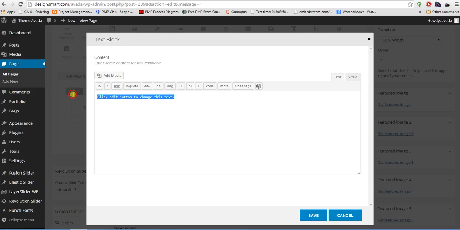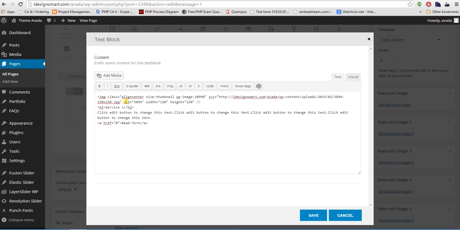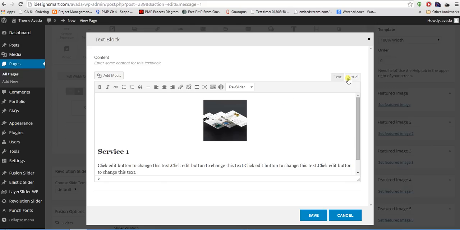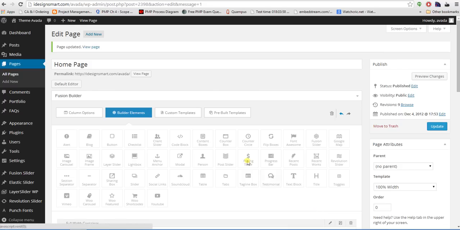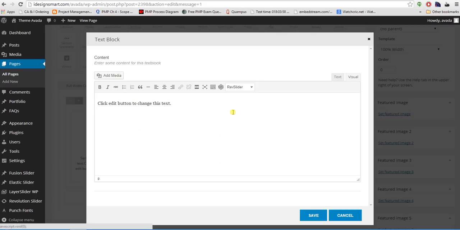And I'm just gonna put whatever I had before, like I just copied it from a sample page that I did. So if you go to here, there's an image that is center aligned. This is also a sample image that came with it, and I will just call it service 1. So this is some kind of a heading, and then there is some text. So if I go to text again, I will see that this is heading 2 that I'm using for service 1, and then there is some text with a read more link. Now here can be the link of the page that you wanted to go to when somebody clicks on read more. So I'll just save this, and I'll just use the same thing for all 3